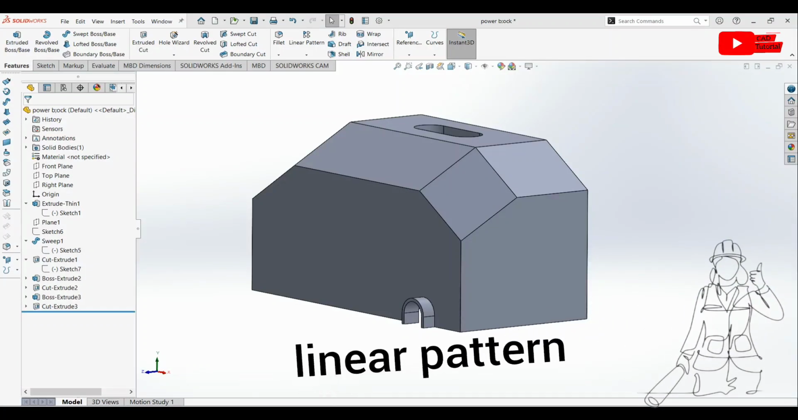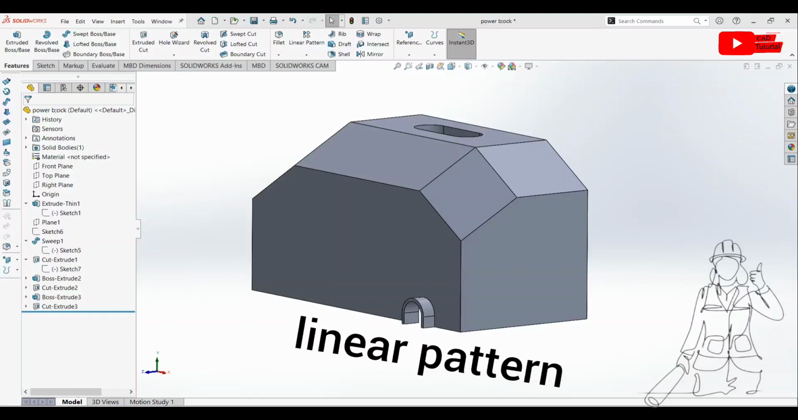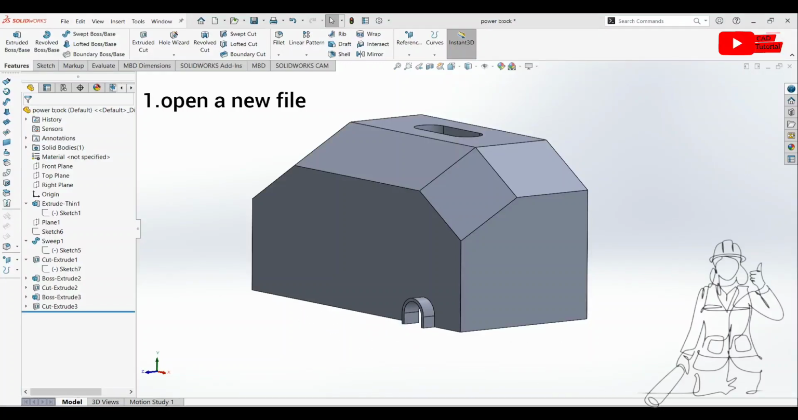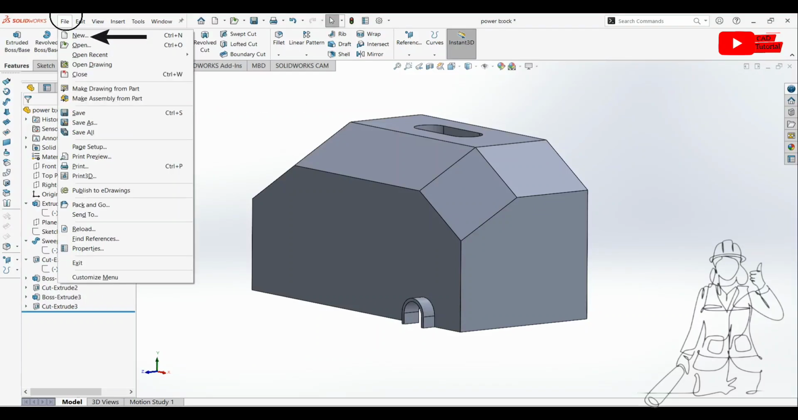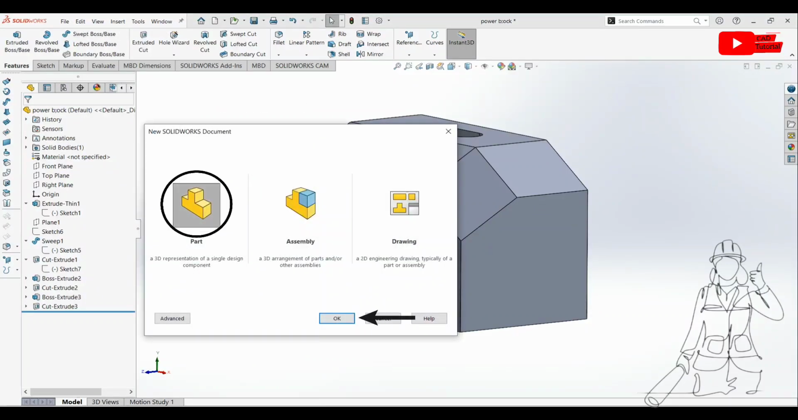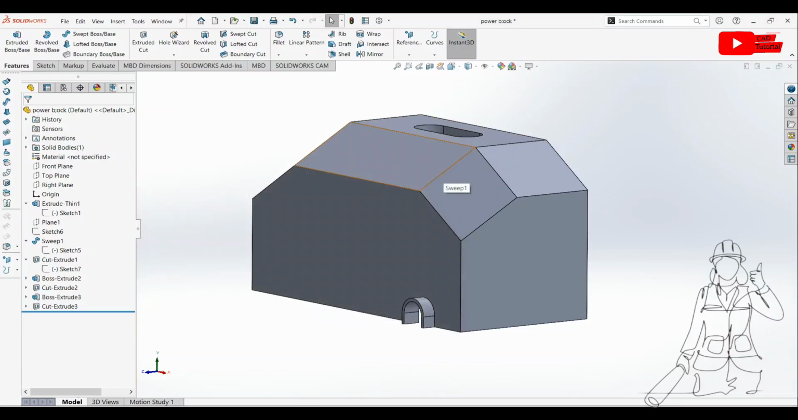In this video, we're going to learn linear pattern. So let's start. First of all, you have to open a new file. You go to File, New, Part, and you click on OK. I don't want to open a new part now. Then you change your measurement system to whatever you want. I have chosen CGS,